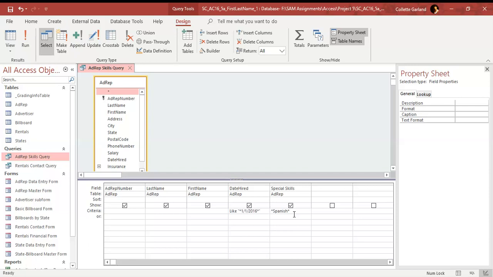So what those asterisks do is make sure it looks for anybody hired after, so the greater than symbol, after January 1st, 2016. What your asterisk does is it makes sure that it returns values that have not this specific word in it or this specific date, but something after that date and a cell with the word Spanish in it. If you didn't put these asterisks in it, it would try and return a value with just the word Spanish in it, which doesn't exist, so you wouldn't get any records. So once you do that, run the query,